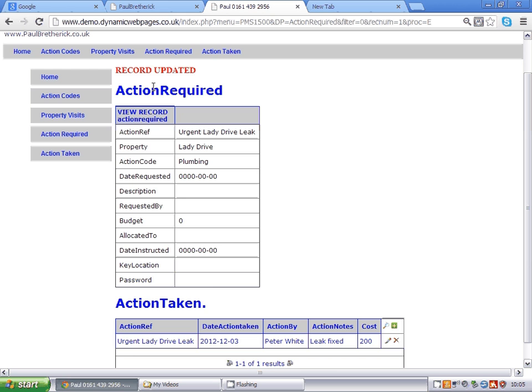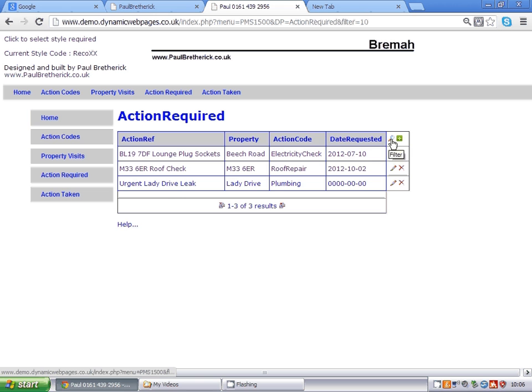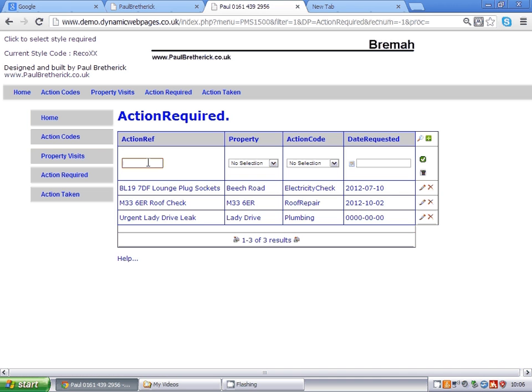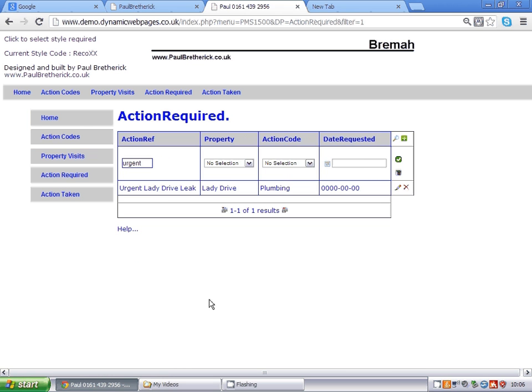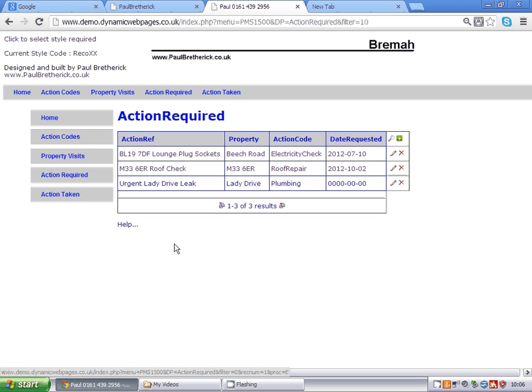So we've just changed action required to urgent Lady Drive leak, and urgent Lady Drive leak has now been moved, and Peter White has indeed fixed it. But what that allows you to do is, with some of the standard functionality, we can filter down and look at all the ones that have the word urgent in, so you can look at all your urgent actions that are required, and you can again sort all this information. So that gives you an opportunity to locate all the ones that are urgent, so you can manage your tradesmen easier. So that just gives you a feel for some of the functionality,